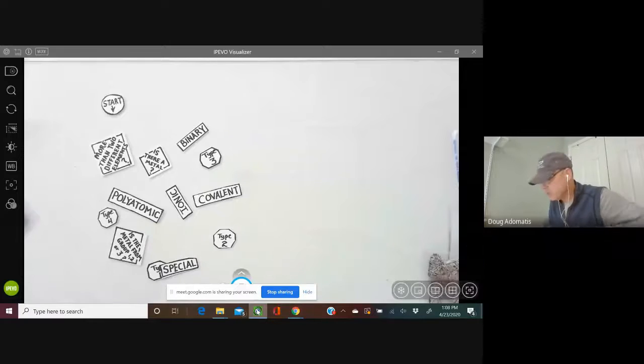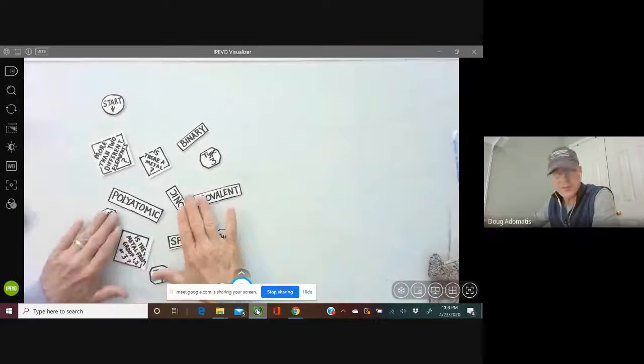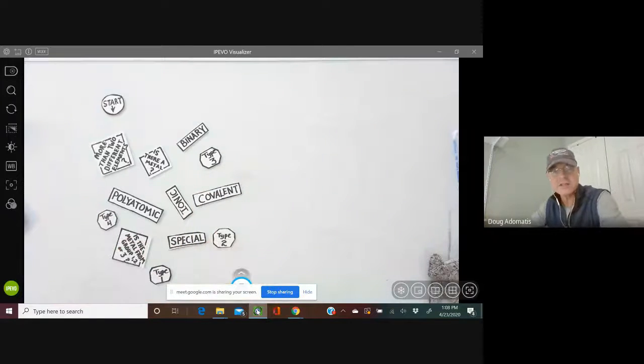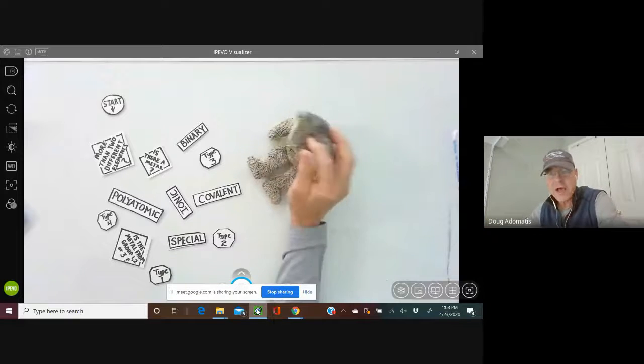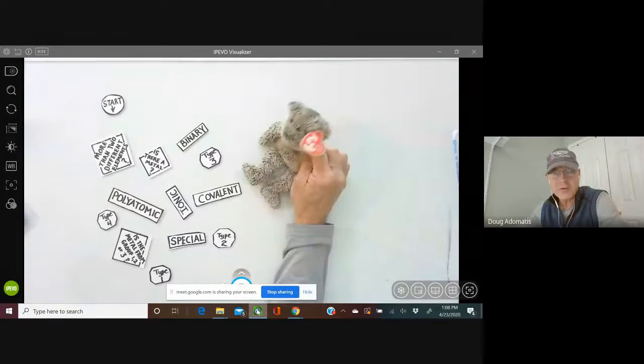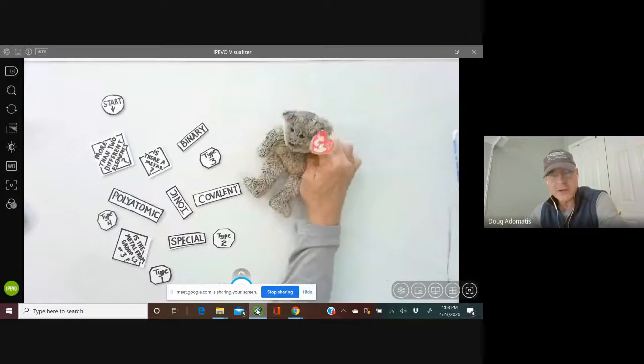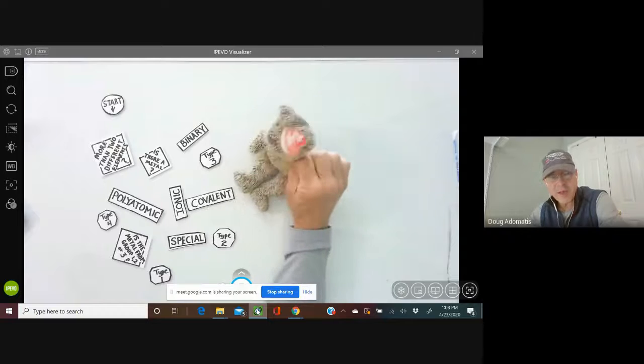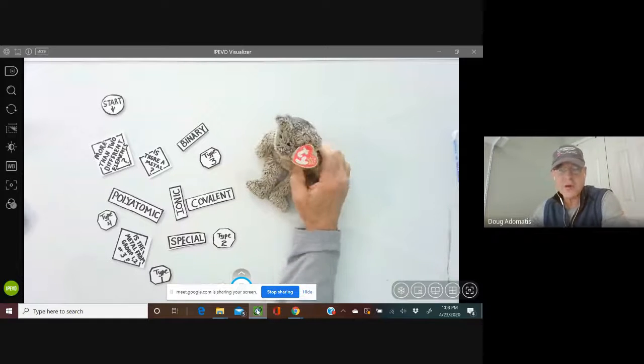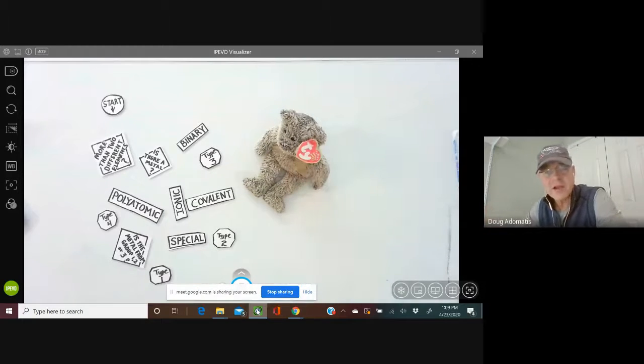Okay, so I have all my little pieces of paper cutouts, and this may be what's going on in your mind. Oh, Mr. A, I'm so confused about type 1, type 2, type 3, binary. I don't know what's going on. It's all just a big mess to me in my brain. All right, so we're going to help you figure out what it is, and by drawing